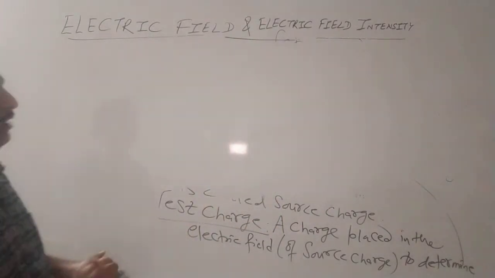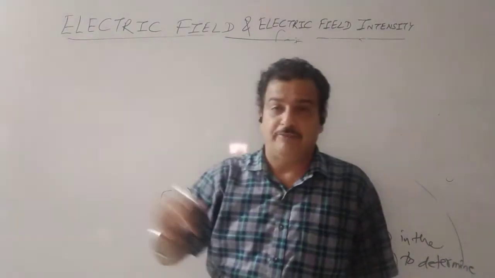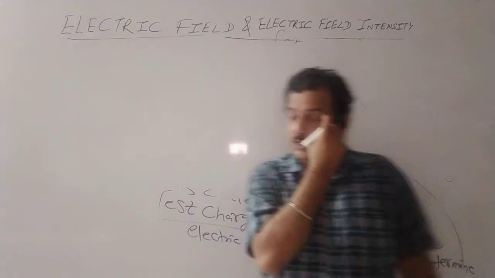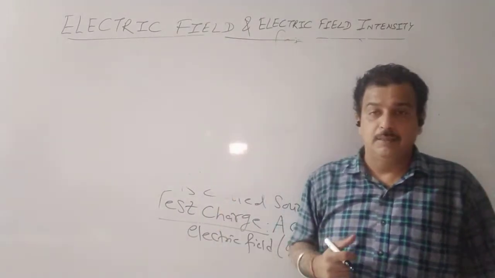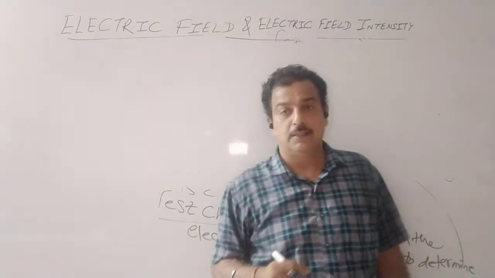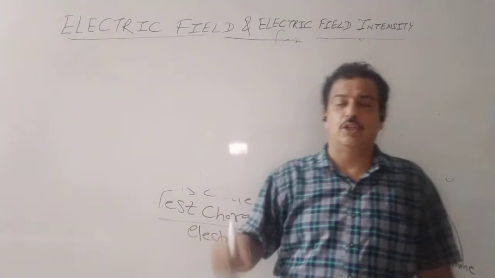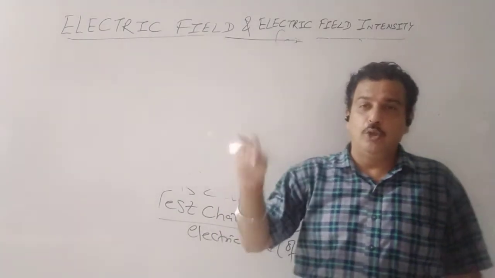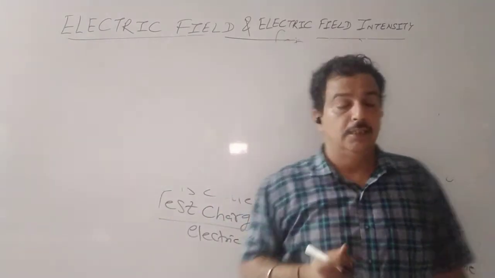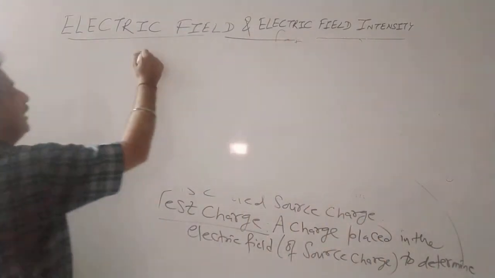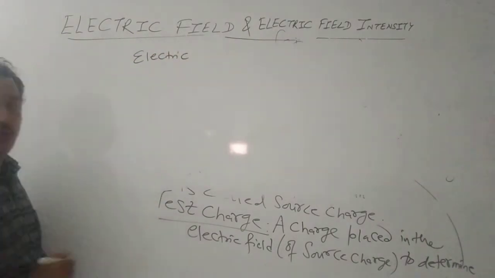So what is electric field intensity? Now electric field intensity should be the function of the point or a distance, because as I keep on changing the point, meaning distance from the source, the intensity will keep on changing, and by common sense also or inverse square law, the nearer I am to the source charge, the more will be its intensity. So electric field intensity is defined from point to point or at a particular point.